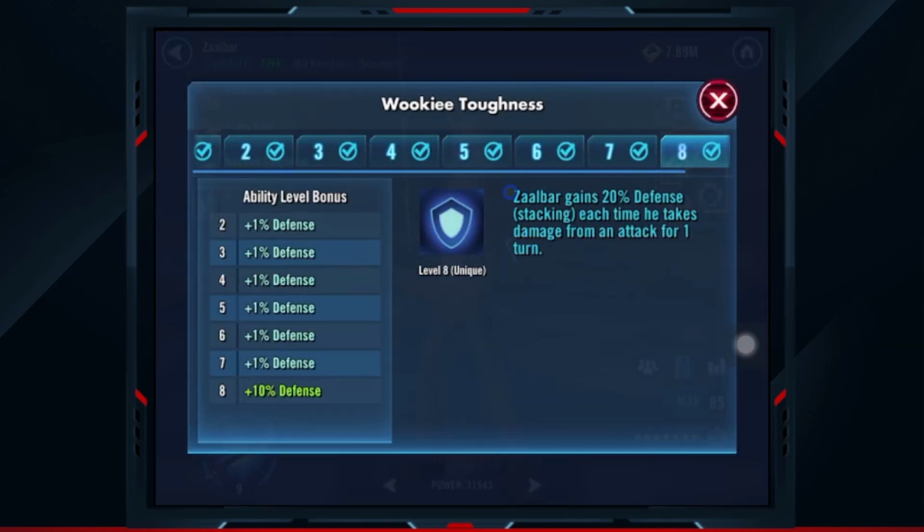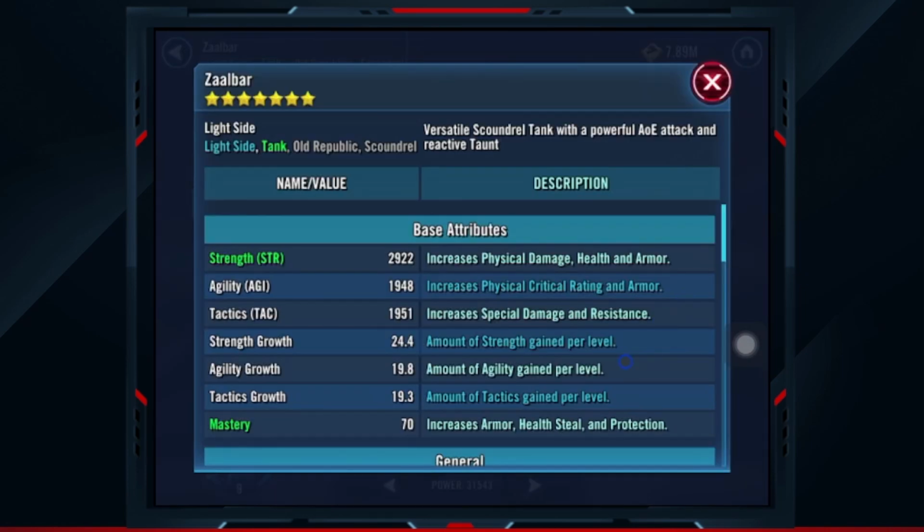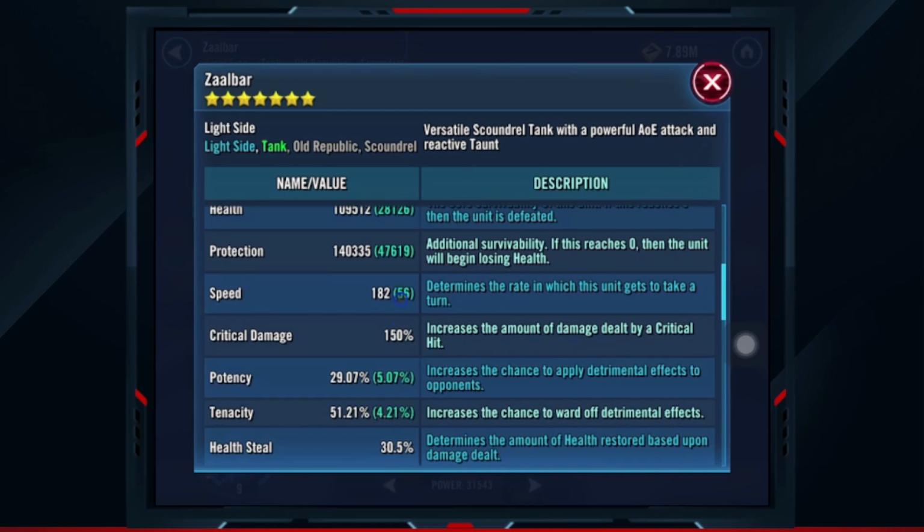part of his kit is that he gains 20% defense each time he takes damage for 1 turn. So as he's throwing up the taunt, the enemies are attacking into him. He gets 20% defense, and there's no limit to how many times that stacks. So he doesn't really need to be that fast. I probably have more speed on him than I should, but